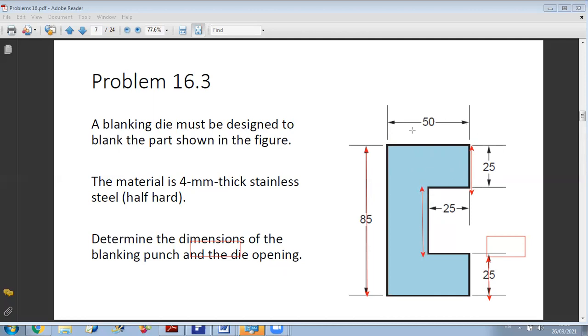In case of blank size, it is equal to 35, while for the die size it is 35, while for the punch size it is equal to 35 plus 2C. Okay, because here you have 25 minus 2C, and here also you have 25 minus 2C, while the total length is 85 minus 2C one time. So this length will be equal to 35 plus 2C, and we have seen also this in the figure,